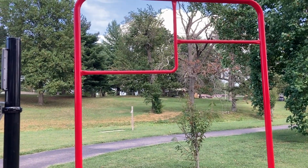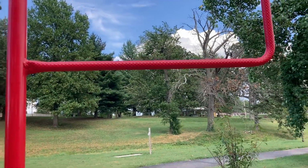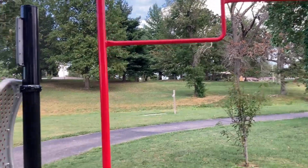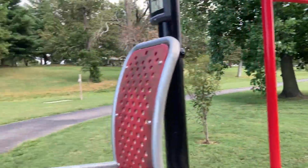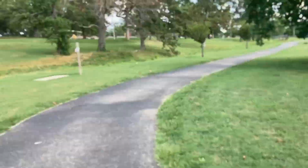be pretty safe. And I've tried, and it has this nice grippiness on it. I don't know if that shows up in the video or if it's focusing, but there's a nice grippiness, but I still can't hold on very long. But when I come by here, except for today, I'll hang as long as I can just to try to stretch things. I don't try to pull up, but just hang there, because that's supposed to be